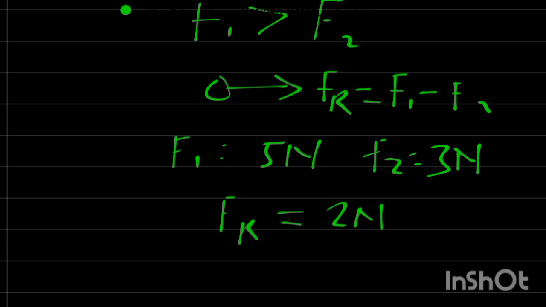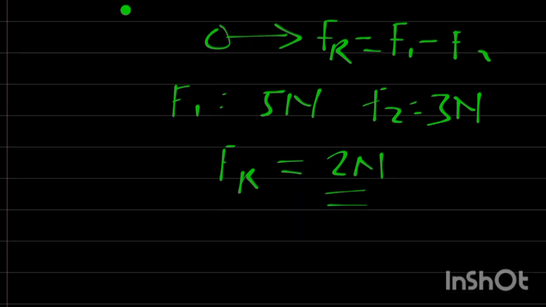2 newtons. 5 minus 3 to get what? 2 newtons. This is for an object that is moving on a straight line and acted upon by two parallel forces in the opposite direction. In a situation whereby we have an